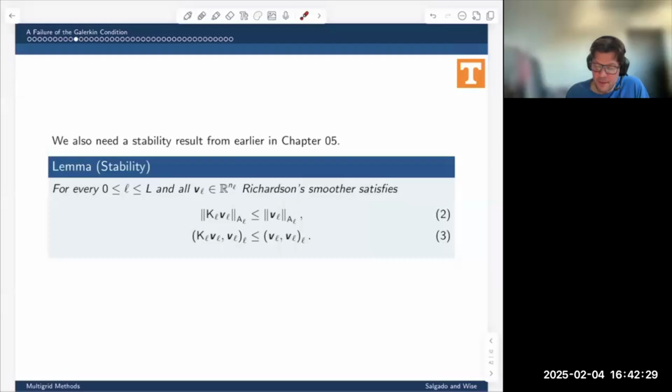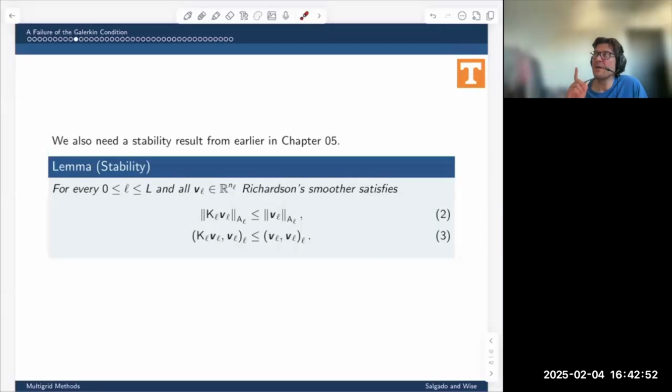Richardson smoother is a certain type of smoother. In some cases, it was exactly the same as the Jacobi iteration method. So if you want to think of it as just Jacobi or weighted Jacobi in a certain sense, then that's fair. That's fine to do. But Richardson smoother is always going to satisfy